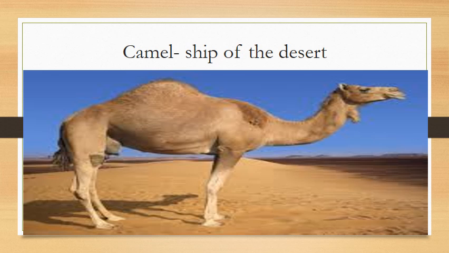Now we will learn about an animal which lives in the desert area. We all know the camel, which lives in the desert area; we have all seen camels in our areas. This is also called the ship of the desert. It is also a terrestrial animal because it lives on the land. First we will learn why it is called the ship of the desert.